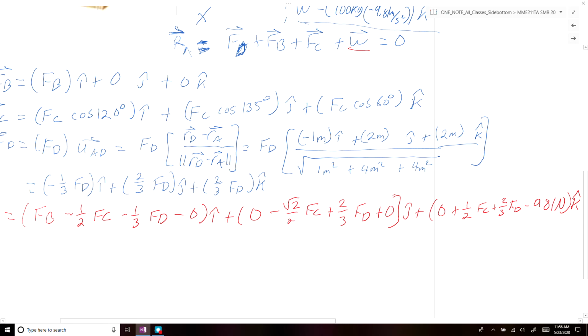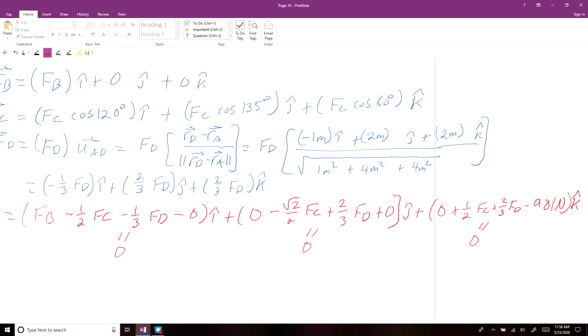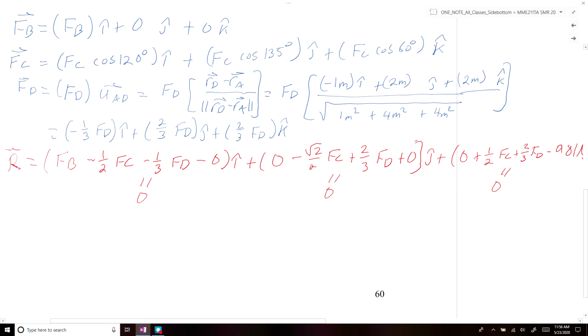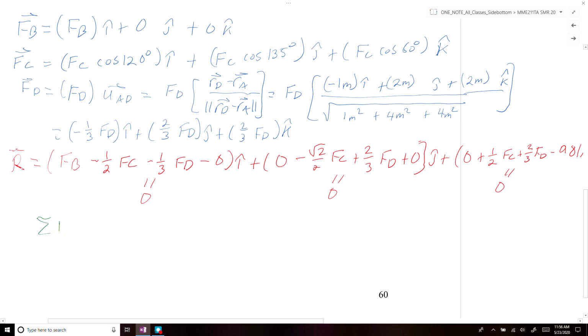All right. So what we can now do is set the x component equal to 0, the y component equal to 0, and the z component equal to 0 in order to determine our unknown forces FB, FC, and FD. So we're going to start off with the sum of the forces in the y direction first, and set that equal to 0. So if we do that, what we'll get is